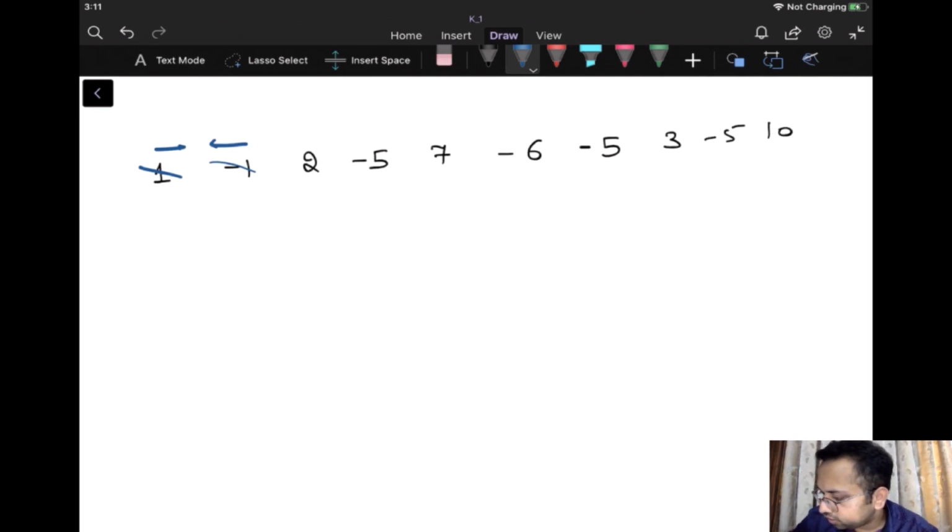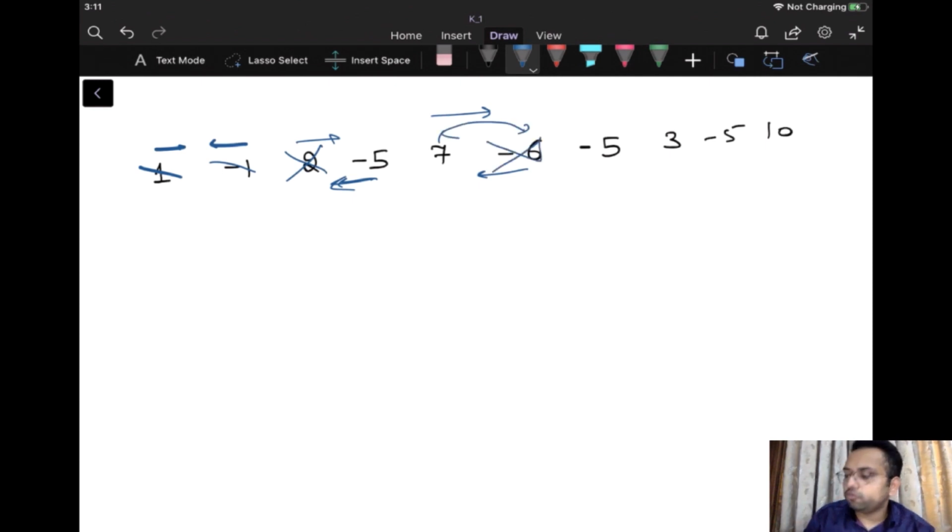So what happens when these two collide? This is going in this direction, this is going in this direction, so 2 will be removed from the scenario. Now 5 is going in this direction. We'll talk about 7. So 7 is going in this direction now, so that's fine. Now if we consider minus 6, it is going in this direction, so they both will collide with each other. Minus 6 will be removed because its magnitude is smaller than 7. Minus 5 will go towards this point. So 7 and minus 5 will collide with each other because minus 5 was shot after 7. So minus 5 will be removed.